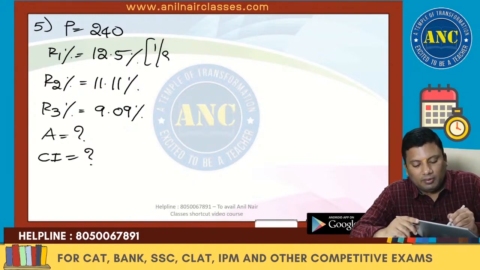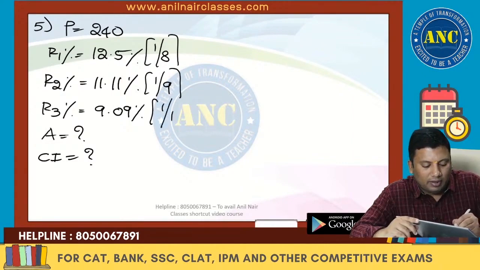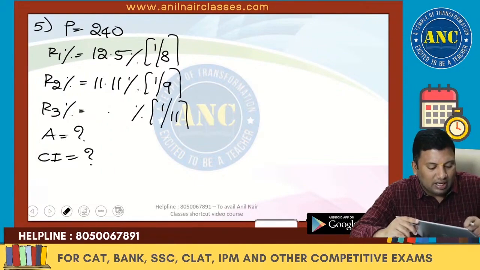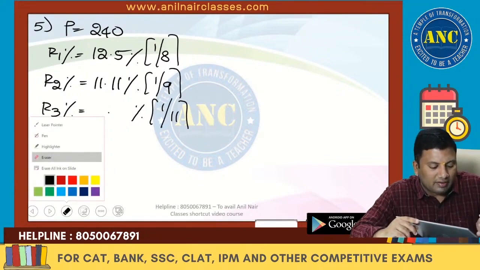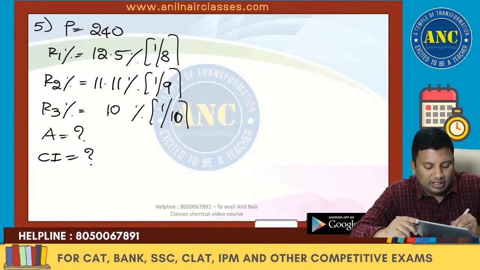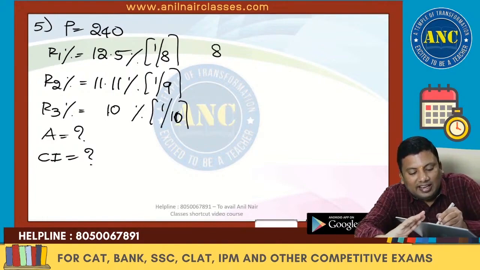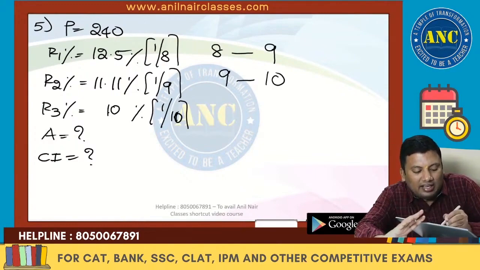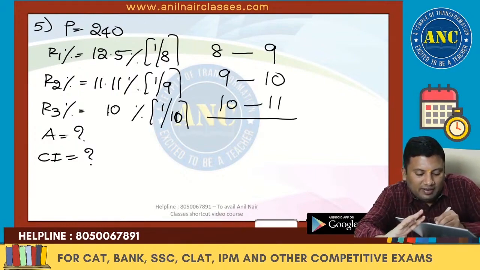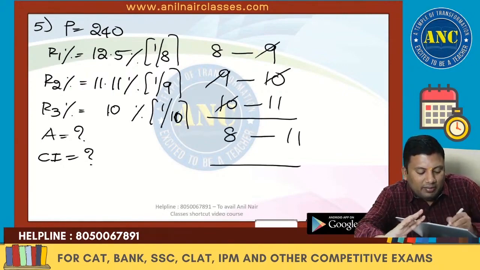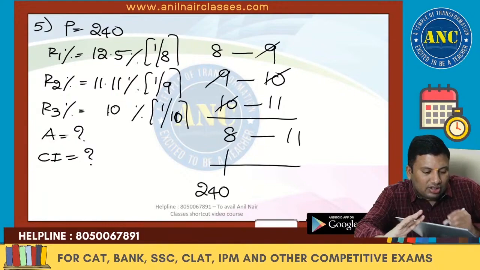These are nothing but 1 by 8, 1 by 9, 1 by 11. We will play initially with smaller values, then we will get into higher values. You take it as 10 percentage, 1 by 10. Now see here. 8 there is 1 increase, 9. 9, 1 increase, which is nothing but 10. 10, 1 increase, which is nothing but 11. 9 9 cancel, 10 10 cancel. 8 became 11.